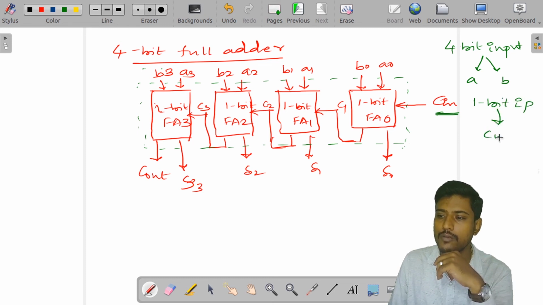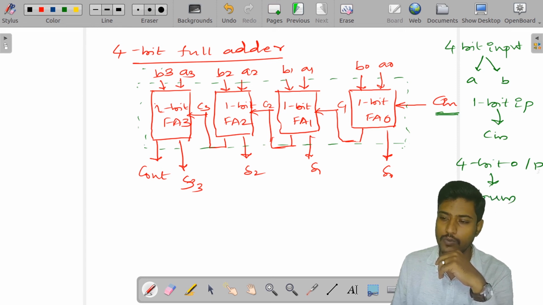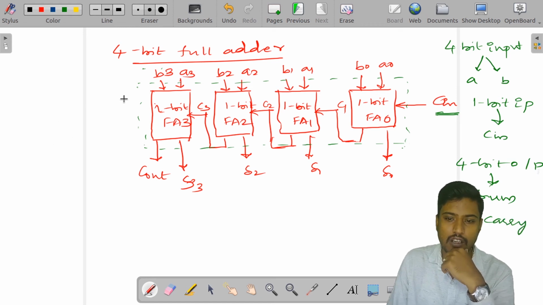That is going to be C in. Then I need a 4-bit output, that is going to be sum, and a 1-bit output is required, that is going to be carry. So, for a 4-bit full adder, I need a module for the 1-bit full adder.